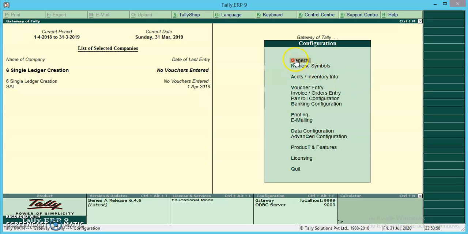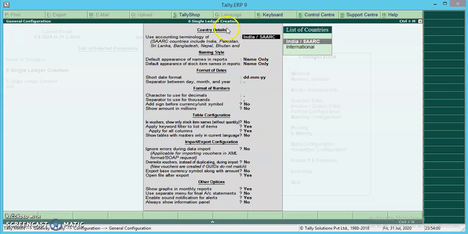Select general. The changes can be done regarding the country details, naming style, format of dates, format of numbers, table configuration, import and export configuration, and other options. Depending upon the requirement, enable these options, either yes or no, and press enter.